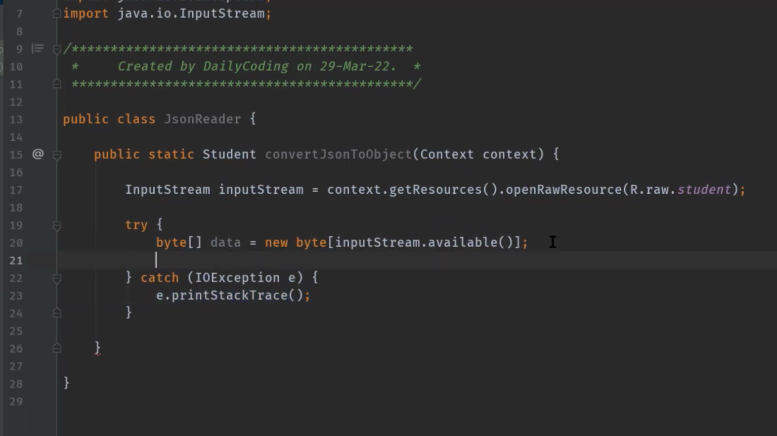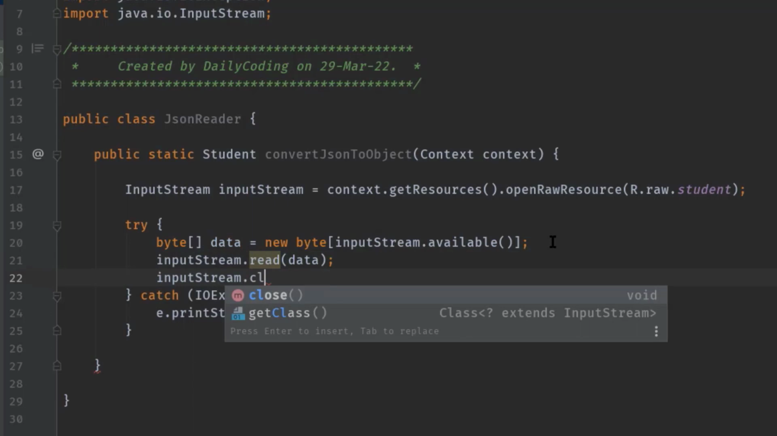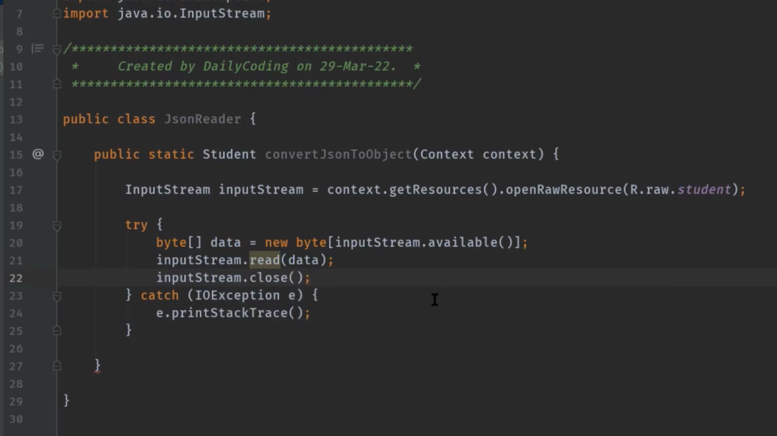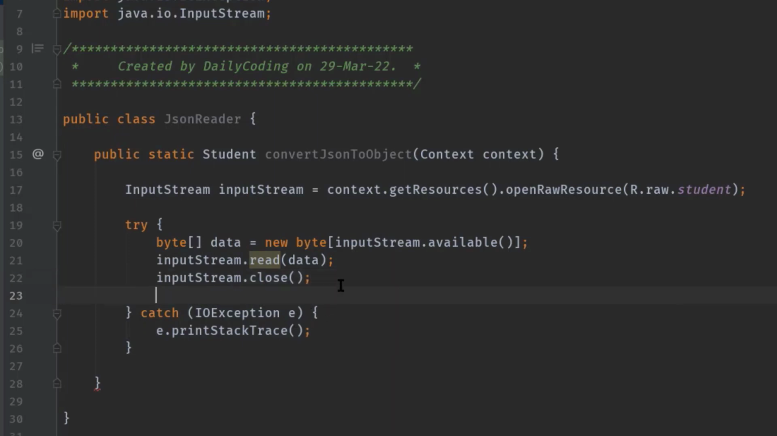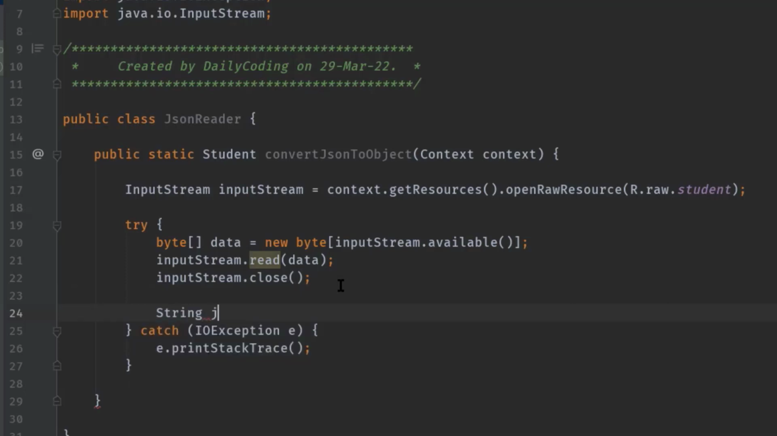Now we can call input stream dot read and pass the data variable. Once this is done, we can close it. Input stream dot close. After all, we can convert our data, which is the byte array, into a string like this. String JSON string